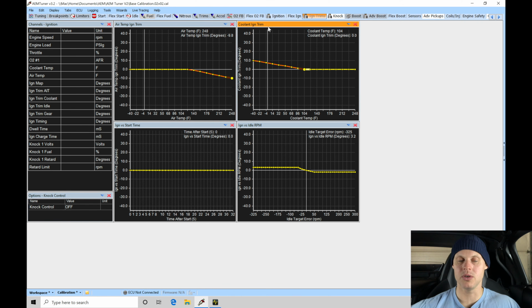Now, this table can also be used to help save the engine if we start to overheat. So 212 is starting to get warm. I'll go here and take out 1 degree. And then 248 is way hot. So I'm going to pull out something like 10 degrees of timing to keep the engine a little bit safer. And we're just going to horizontally interpolate there. So our dead band for correction here is from essentially 100 to about 194. We're not going to pull any timing out. We'll find at the colder temperatures, we're going to use it to help us fire off the engine and make it run stable. And at the hotter temperatures, we'll use it so we don't potentially damage the motor. Ignition versus start time, I don't use, and the ignition versus idle RPM here, we're going to look at this when we get into the...